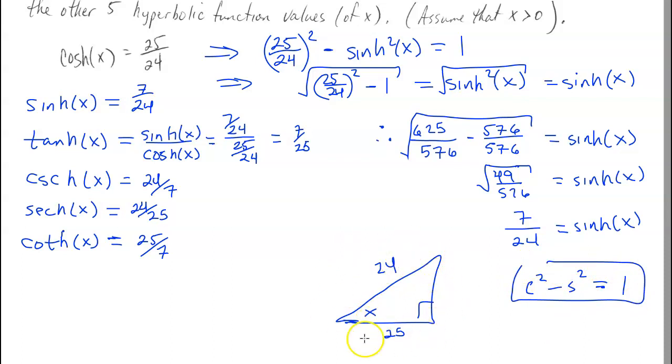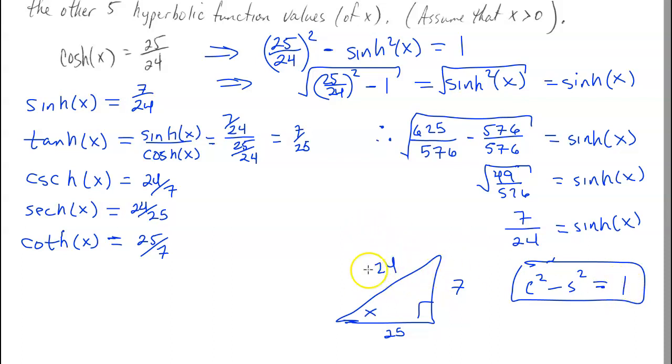So for a normal right triangle, if we have sides that are 25 and 24, then we know that the other side is 7. And it works out that, of course, if we plug in, let's say, 25 for cosine hyperbolic, and we plug in, and we let this 1 that's right here, if we were to replace this with that,